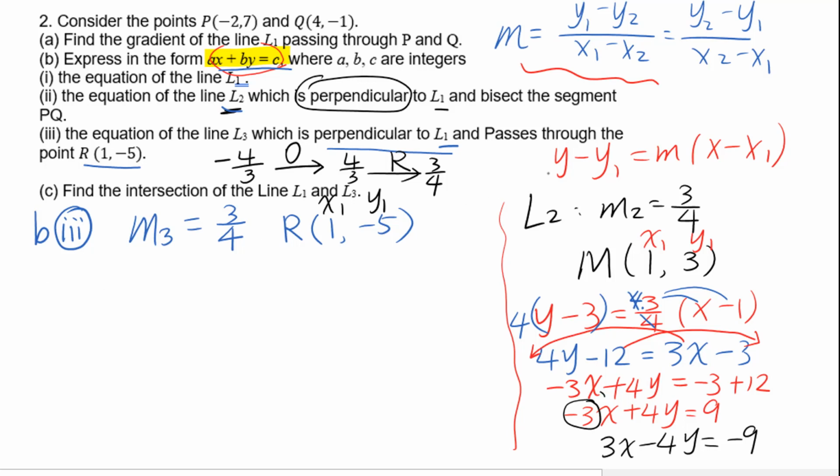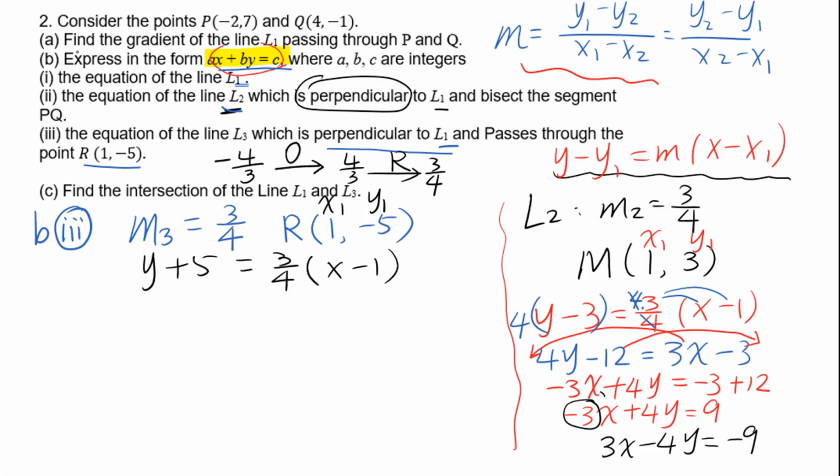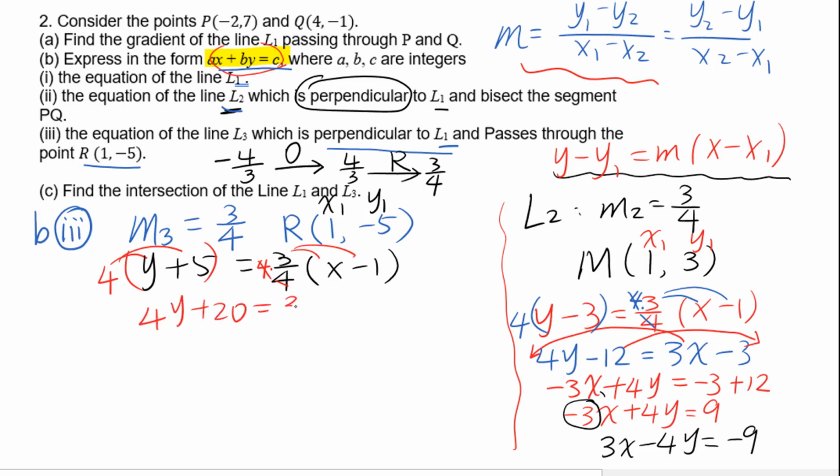So use the point-gradient form. You will get y plus 5 equals 3/4 (x minus 1). Multiply by 4 on both sides. Then we do the distributive property. You will get 4y plus 20 equals 3x